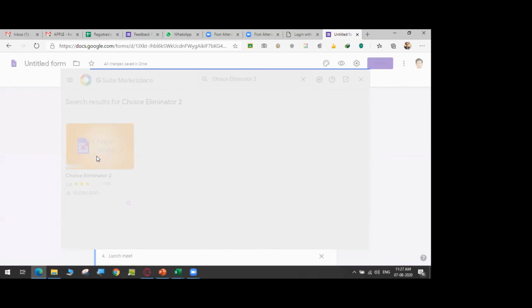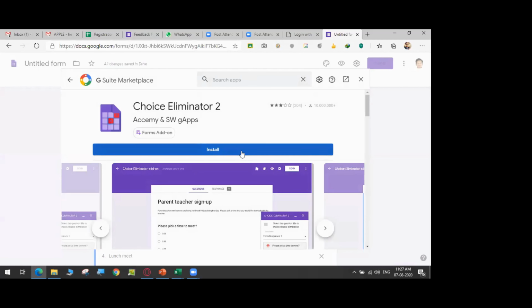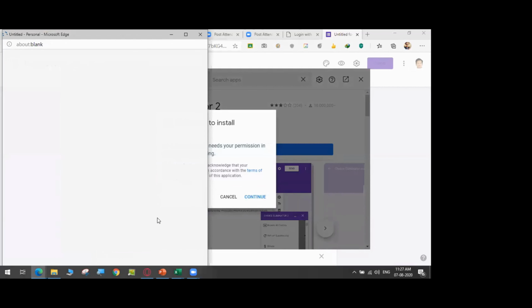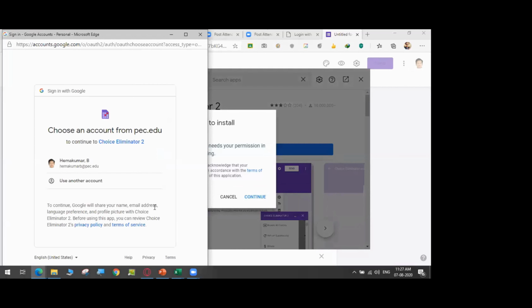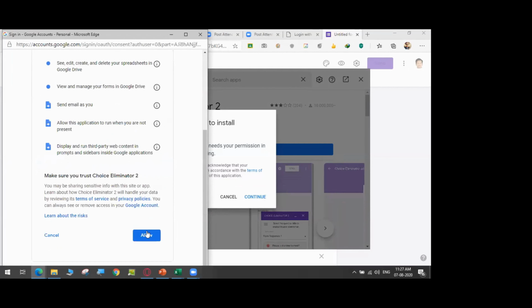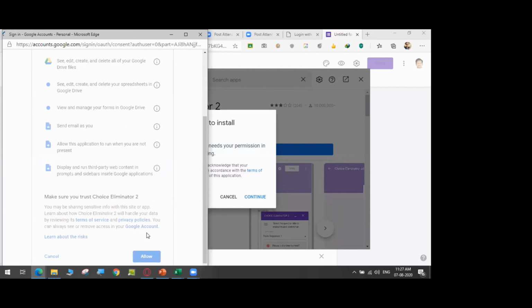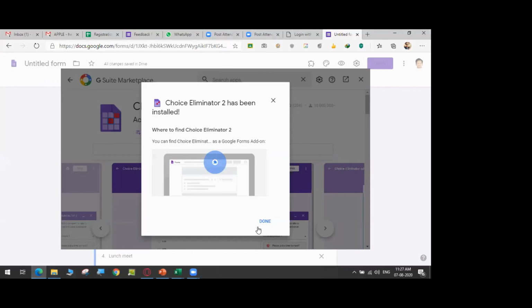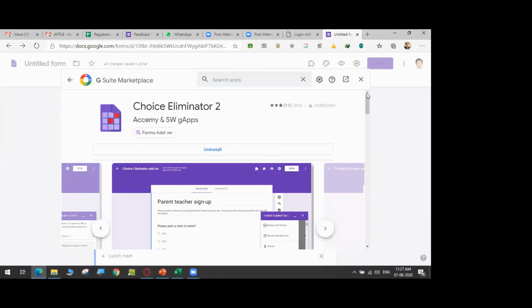We'll download choice eliminator. Hope you have installed choice eliminator. In this account I have not installed it, so I'm installing it again. I'm just giving allow. My choice eliminator is getting installed. Yeah, it is done. Now I can close this menu.